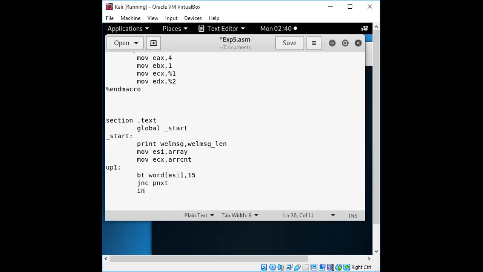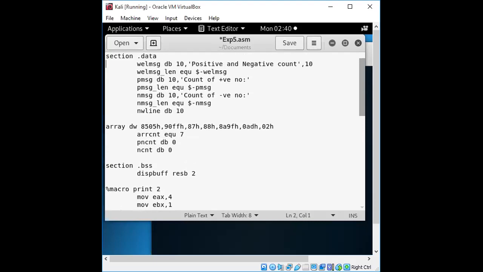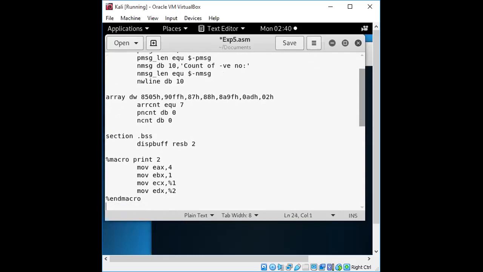Then we need to increment, okay, that is the first number, it has been identified. We need to increment the count. I think we have taken it as CMT only, or NCMT, I think, right? So it will be for whatever values we are going to have, whether positive or negative.